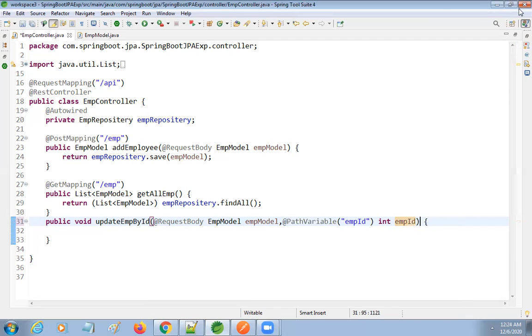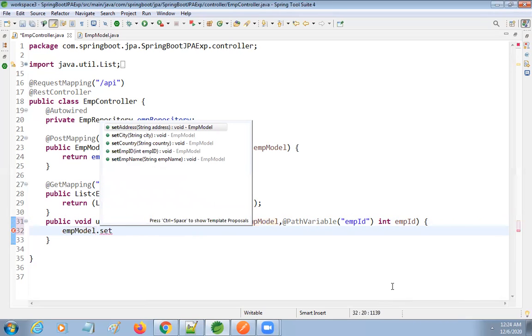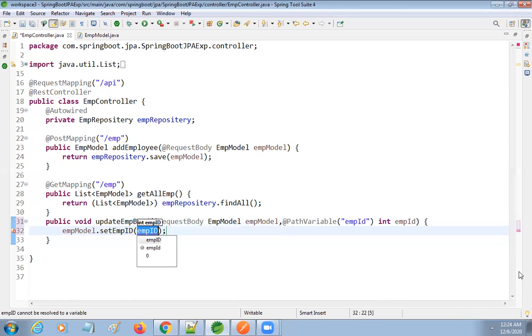Now open brace and close brace. Now set this value, set empId. Whatever empId we are passing from our HTTP endpoint will be mapped here, and that I am passing, and after that